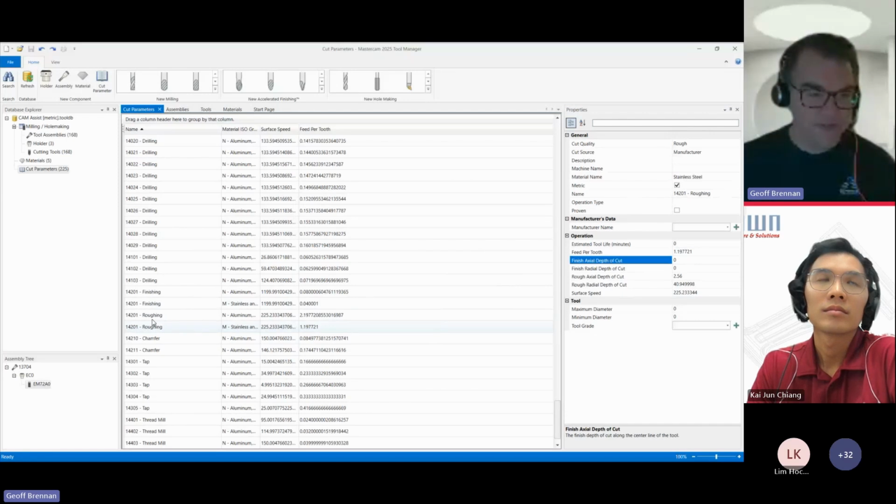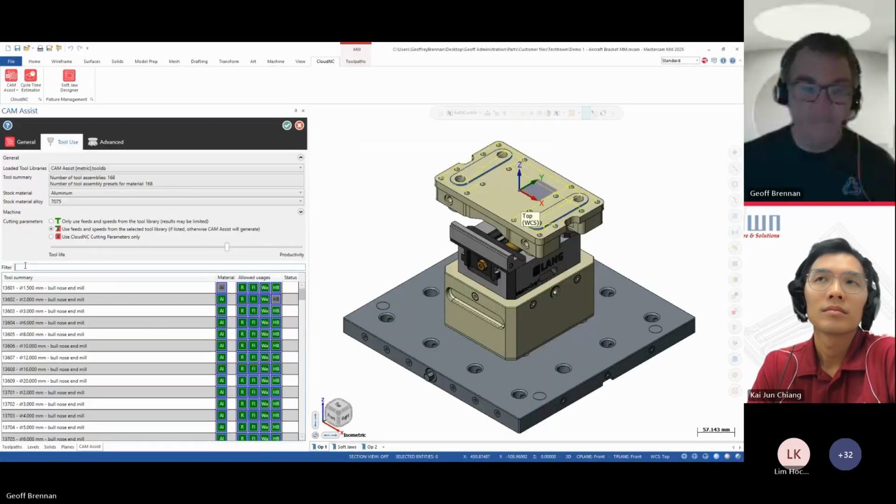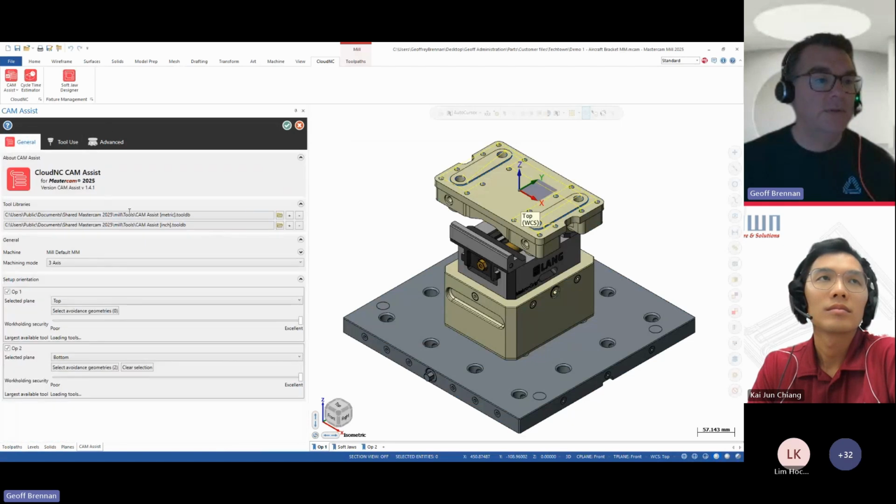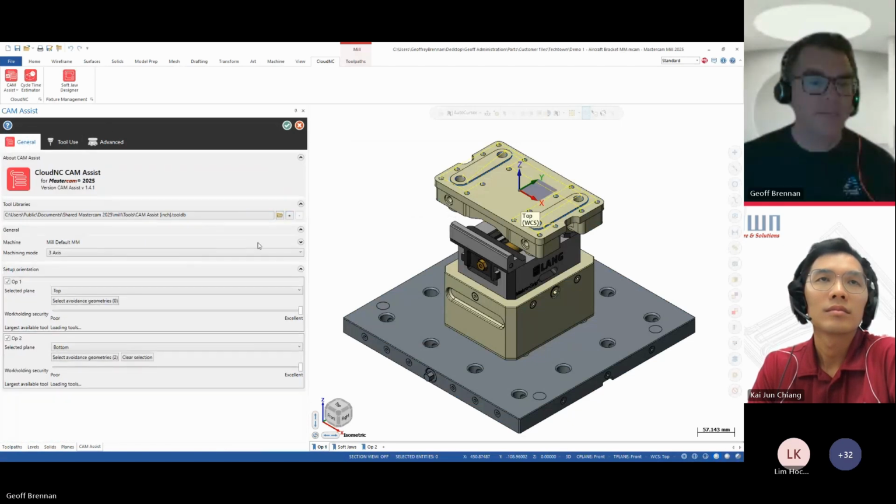So let's look at 14201. I have to reload it just to remove it. Change this one back to the metric.